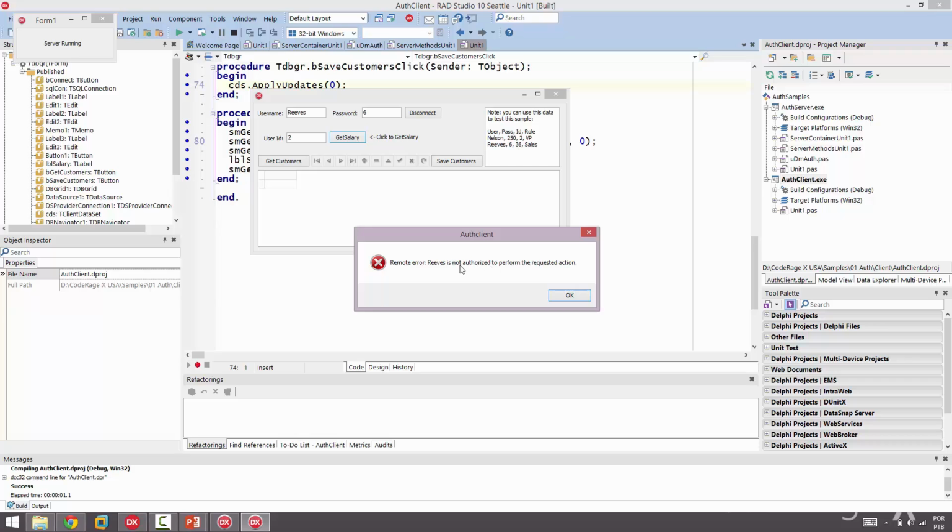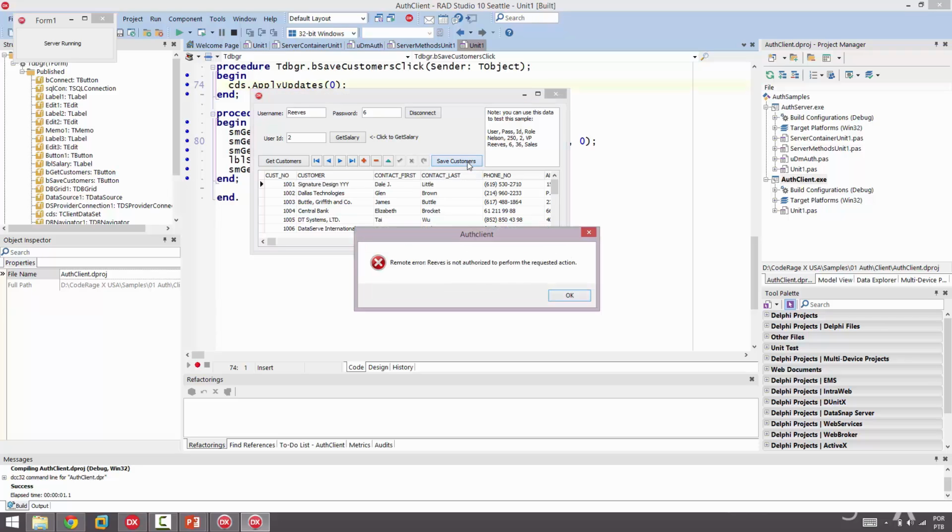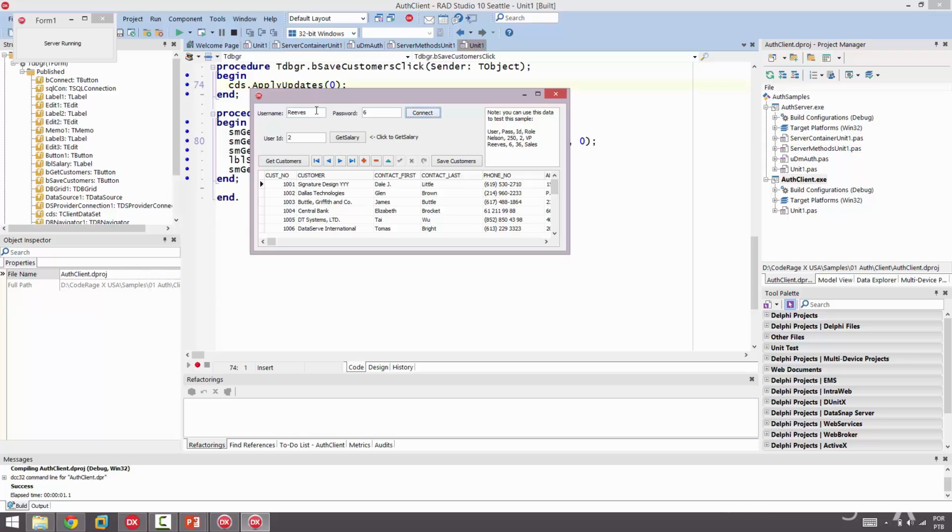You can see that he can't perform the requested action, and also this kind of user won't be able to change the data. He can change it locally, but when he tries to apply the updates, it will fail again as he is not authorized. If we connect with some user that